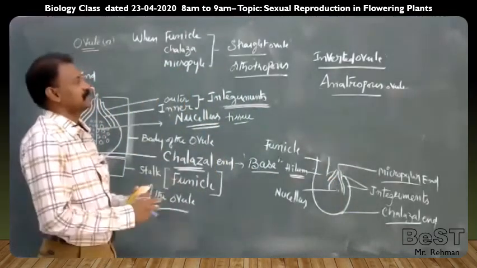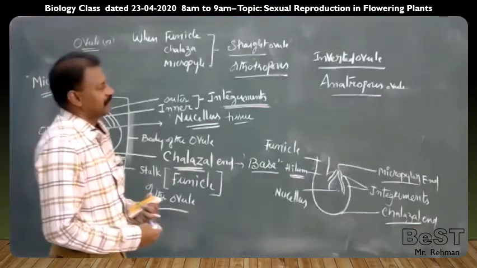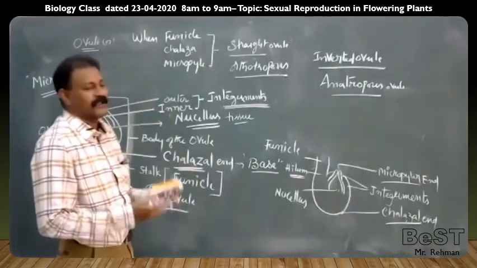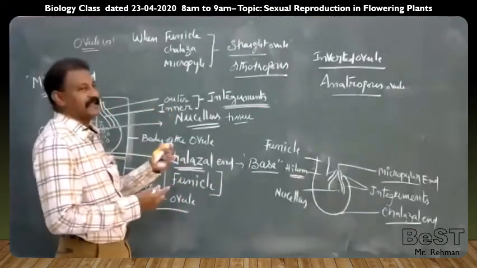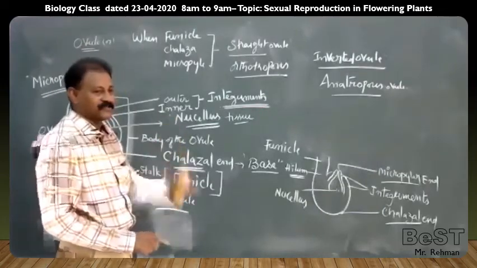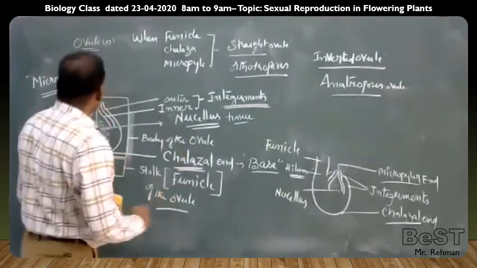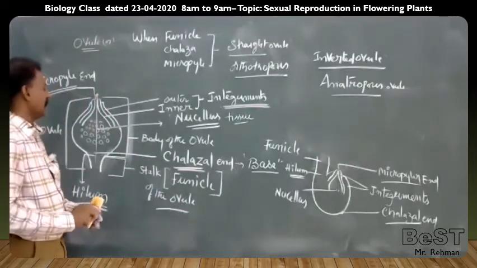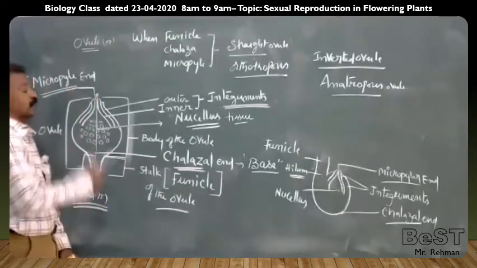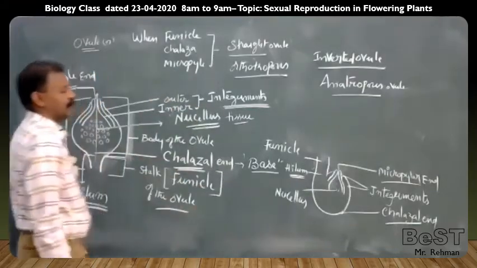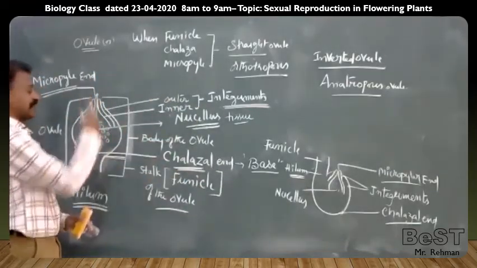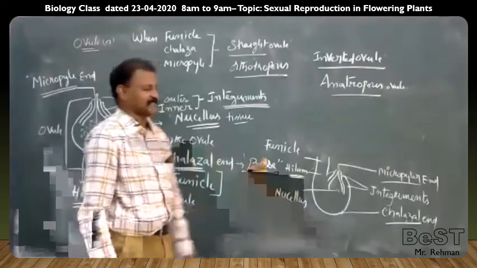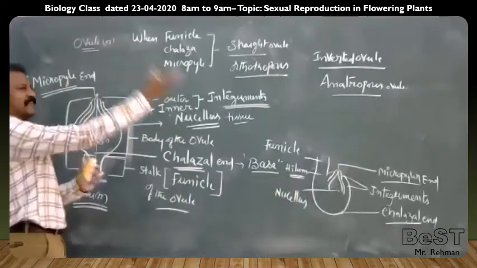So what is an ovule? An ovule is nothing but an integumented megasporangium. Now, generally, draw the structure of an ovule, anatropous ovule. Or what is a straight ovule? What is an inverted ovule? What is the degree of curvature? 90 degrees, 180 degrees, like that. So many other types of ovules are there.